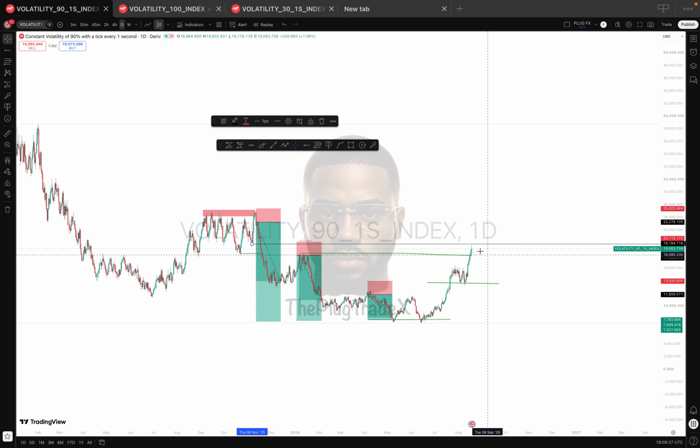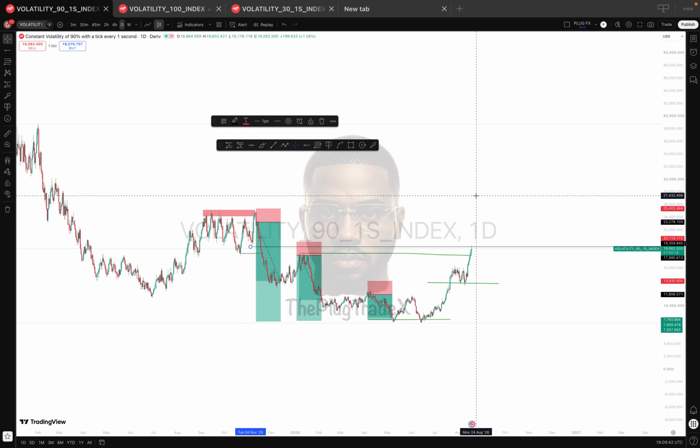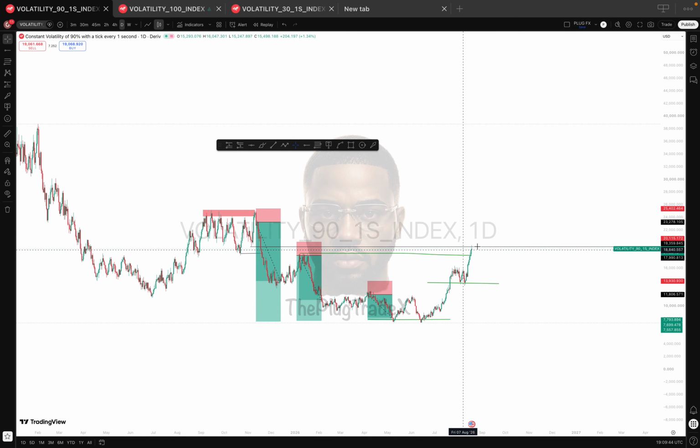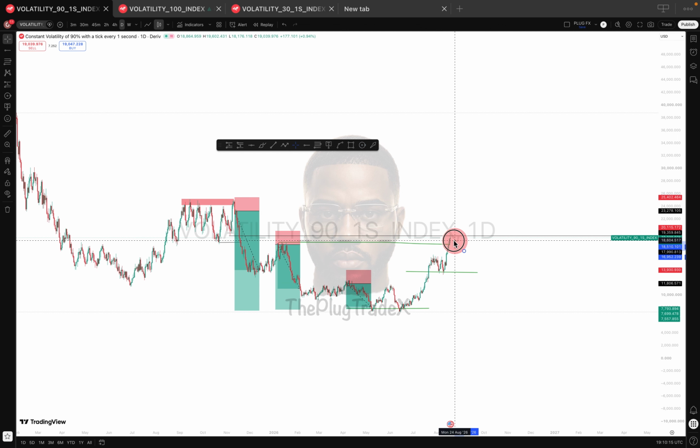This was the last internal low that got broken, and as you can see, the market has tapped in from week to week. It means that liquidity over here has been cleared. But that doesn't mean we should jump into the trade and start selling. No, I'm waiting for extra confluences. I'm waiting for a sell structure. I'm waiting for my confirmation entry. These are things that you should be patient about. You don't mess around with these things.